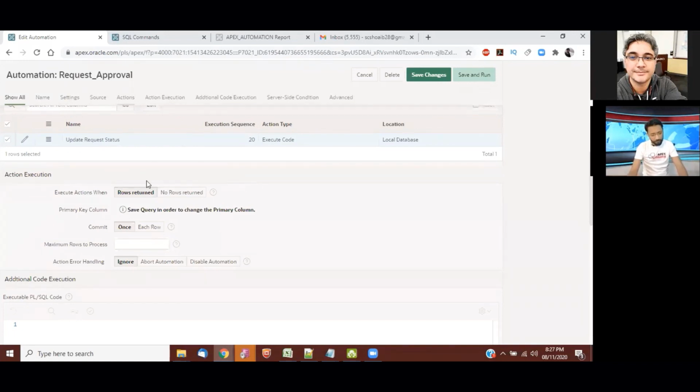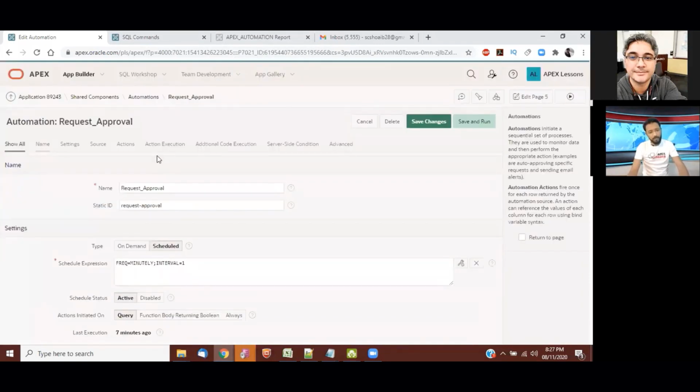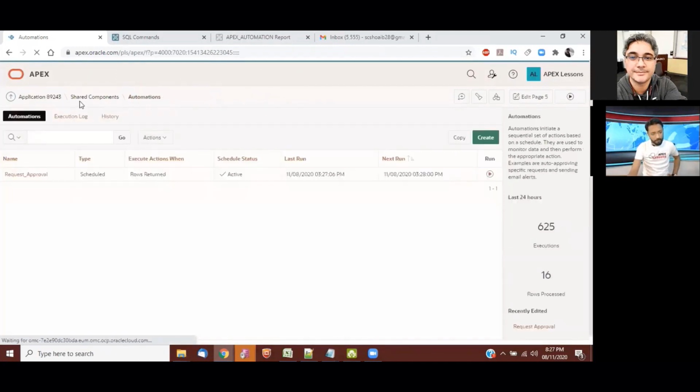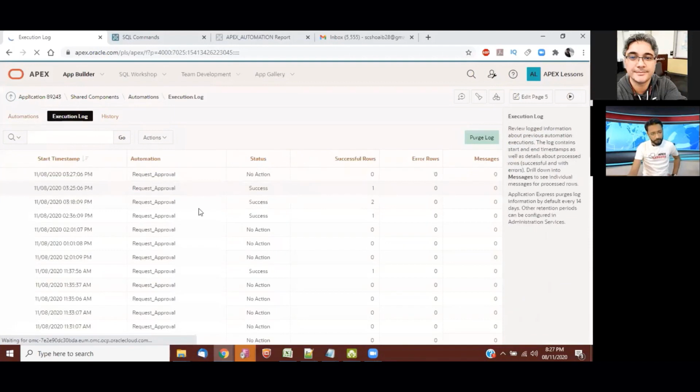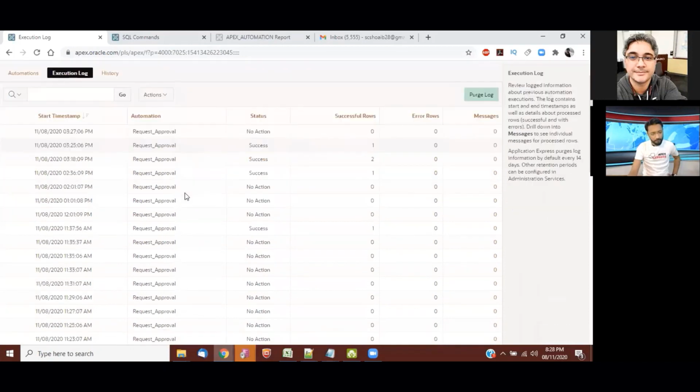And now another question is, I love it. Is there an audit trail? Somebody's asking, do we have to create our own logging? Well, let me answer this, Shoaib. If you go to automations, there is actually an execution log that will log all the different automations that you had with the status and how many successful rows, how many error rows, and so on.